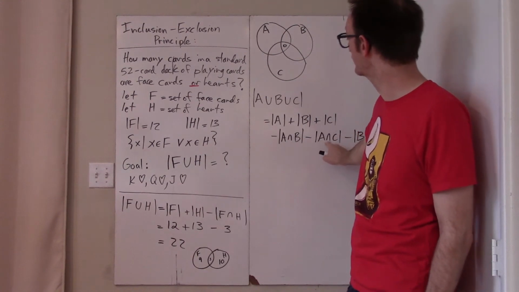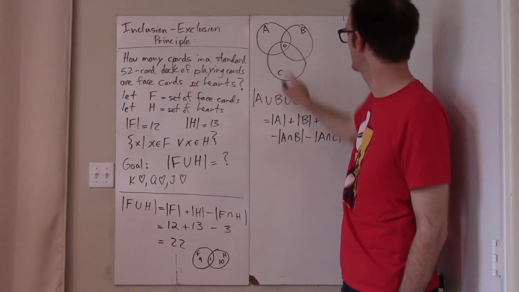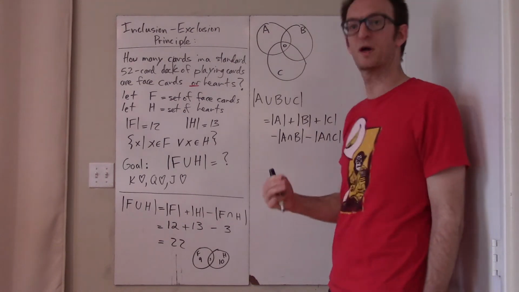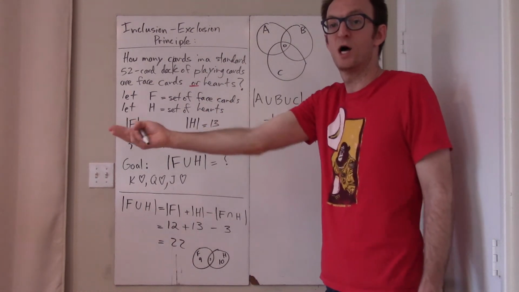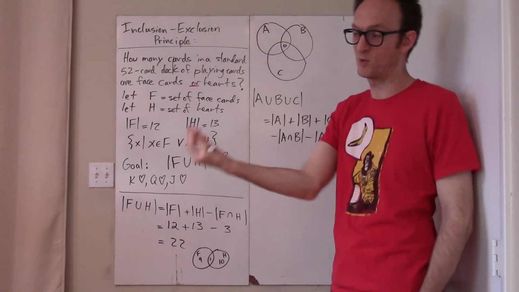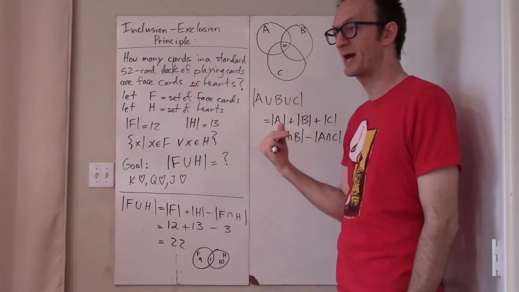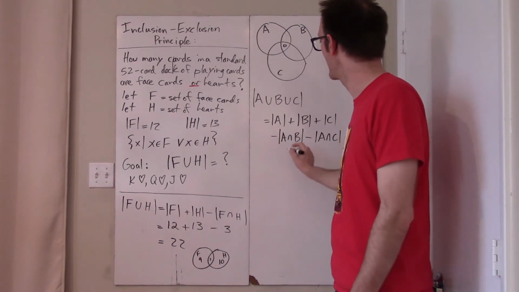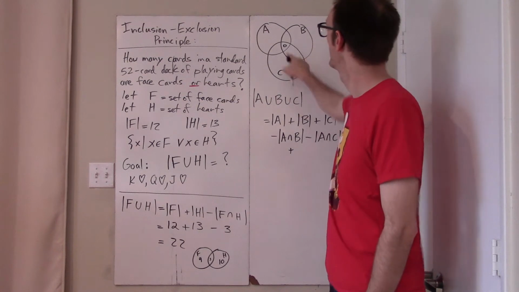But we also subtracted it as being a member of A and C, and we also subtracted it as being a member of B and C. And so we've sort of triple counted it, but then triple uncounted it, or we've triple corrected, maybe, is a word I could use. We've triple corrected by uncounting it 3 times, and so it still remains undercounted. And so now finally we add